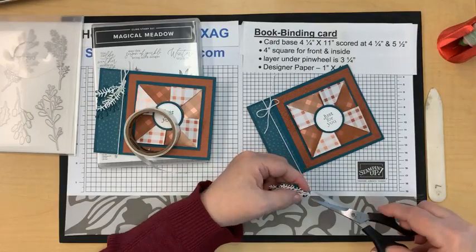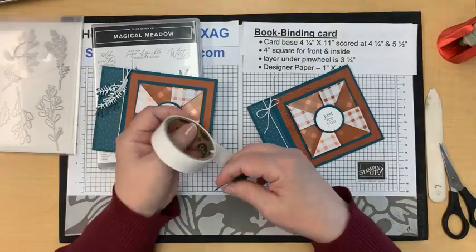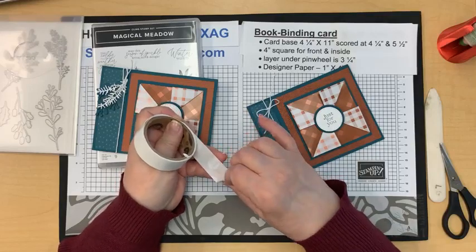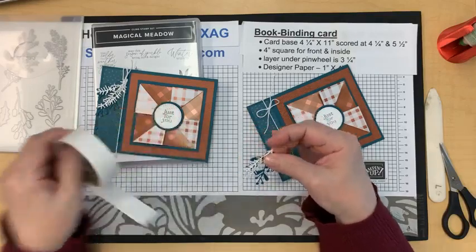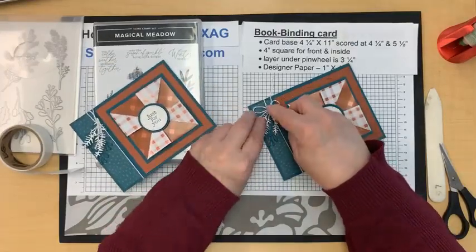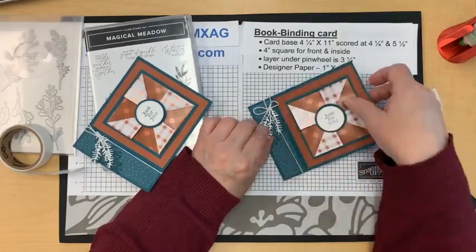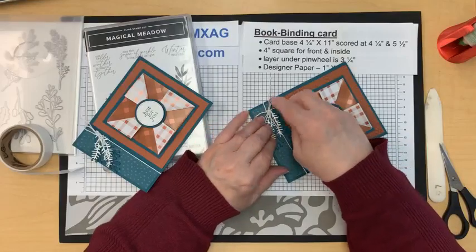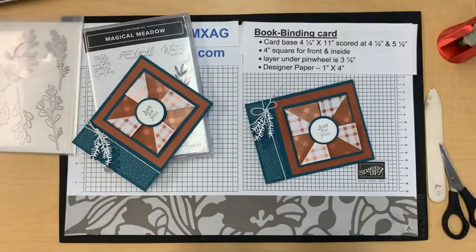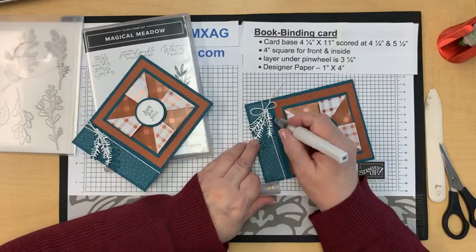Trim this little piece. Then use another mini glue dot maybe. Could add some adhesive as well. I'm gonna see how it goes. And I put that right under the knot. And it can't be too wide because this card opens. You don't want it to stick out of the card either. So last thing I did was to add some Wink of Stella to some of these,